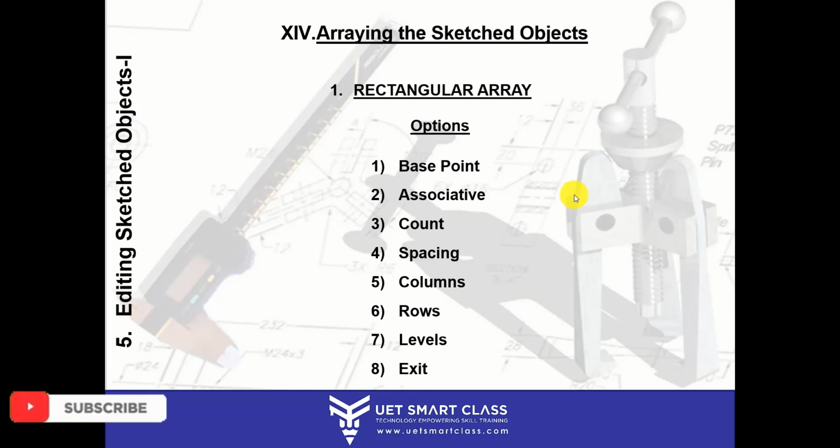You have to fill in a kind of form with inputs for the number of rows and number of columns. Then you specify the spacing between the columns and rows. Count is a combined method wherein you can mention the columns, rows and the spacing. Here it is given differently as well, and within count the same thing happens. Levels is about 3D. You can give levels in the Z direction. If you want 3 floors, 4 floors, 5 floors, you can give levels to that particular object or your array.